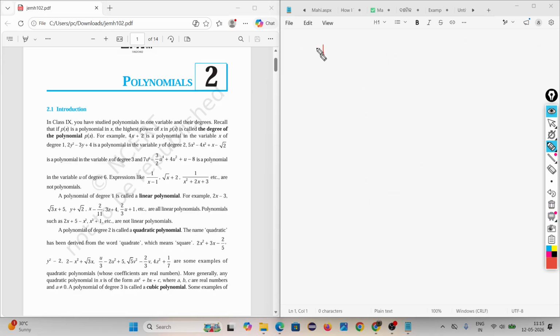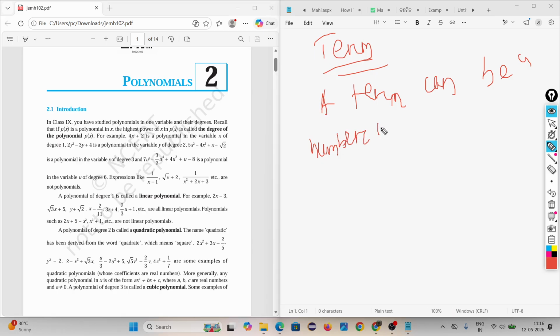Then coming to term. A term can be a number or a variable. Look, I'm writing the definition. All are previous class concepts; for your revision purpose, I'm telling. If you have a rough note, quickly write down these things. A term can be a number or constant, or a variable,